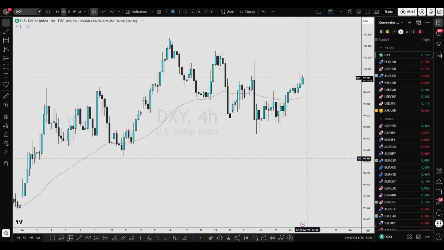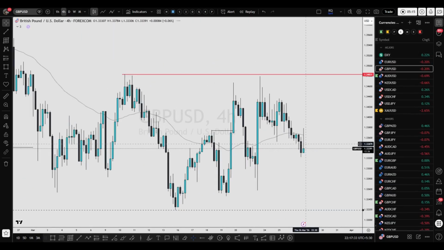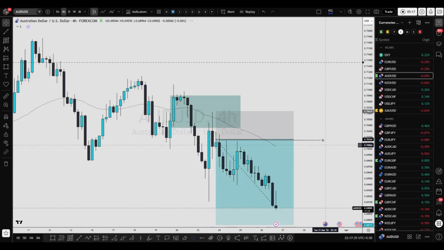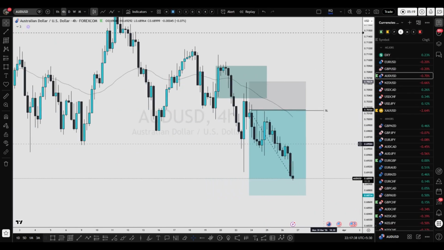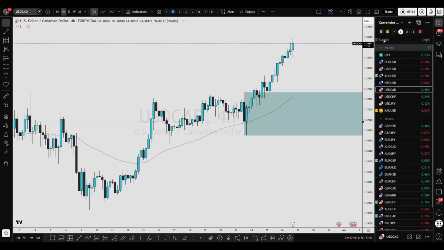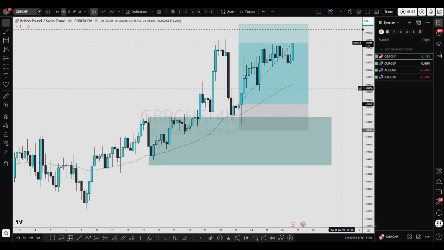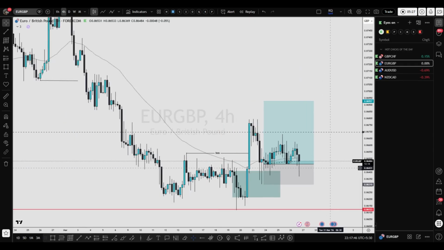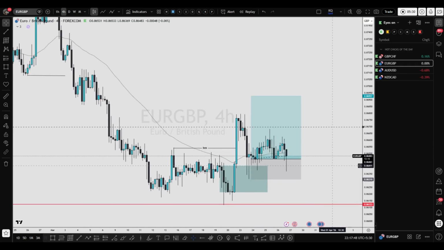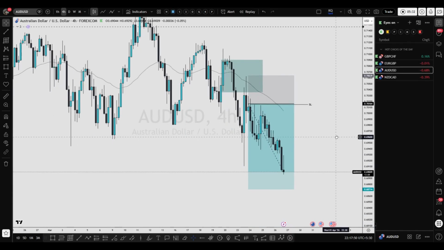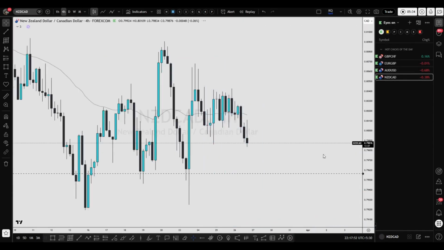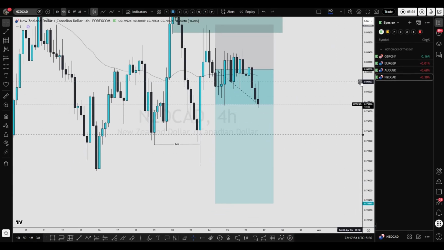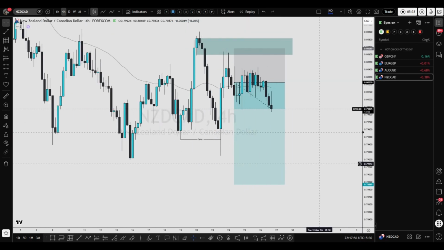BTC is dropping. So yeah, there is nothing. There is no new setup yet. I'm again gonna wait for new setups, and I'm gonna hold my positions. My positions are running in a good profit right now. Just Euro GBP is stuck at around break even. AUD USD we're in good floating profit, and NZD CAD is also trying to drop towards downside.